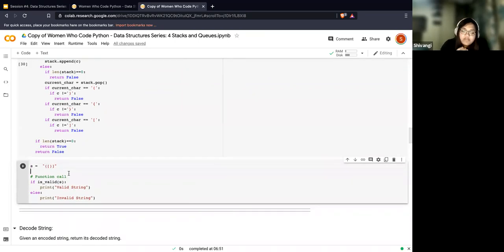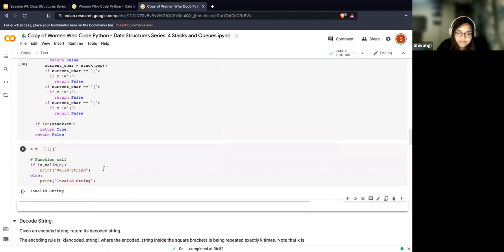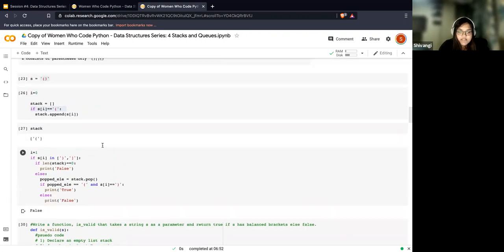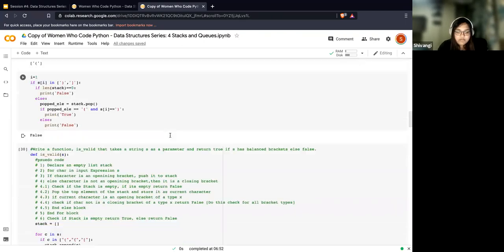And what do you think the output is going to be for this string? For this example here, what's the output going to look like? Cool. All right. So let's just see. Right. So everyone's right. The answer is invalid string. So yeah, we're done with this. Let's just take one valid string in case anyone has something.